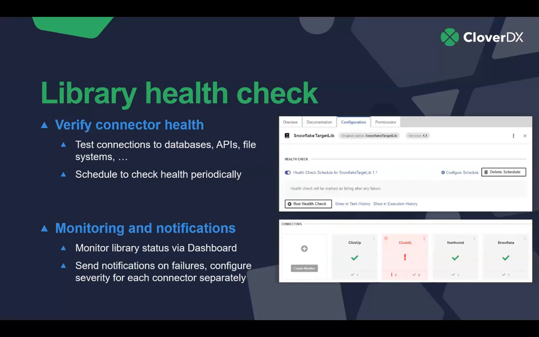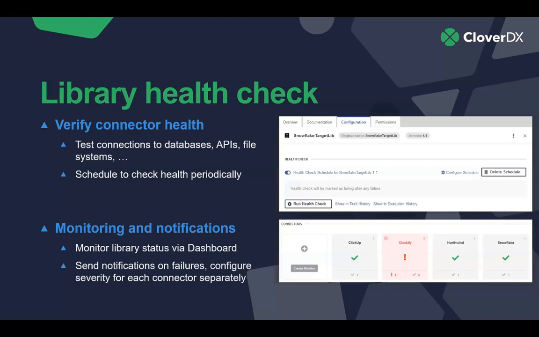Another feature that we implemented is called Library Health Check. This allows the library authors to provide far more information about the library to the administrator of the system where the library will be deployed. Before CloverDX 6.2, you basically didn't have any information about whether the library was okay or not. Very often, the libraries implement all kinds of connectors, whether they are data sources, data targets, or even connectors that are used in Designer. So not Wrangler connectors, but other readers, writers, and so on. And these need to work with external systems like